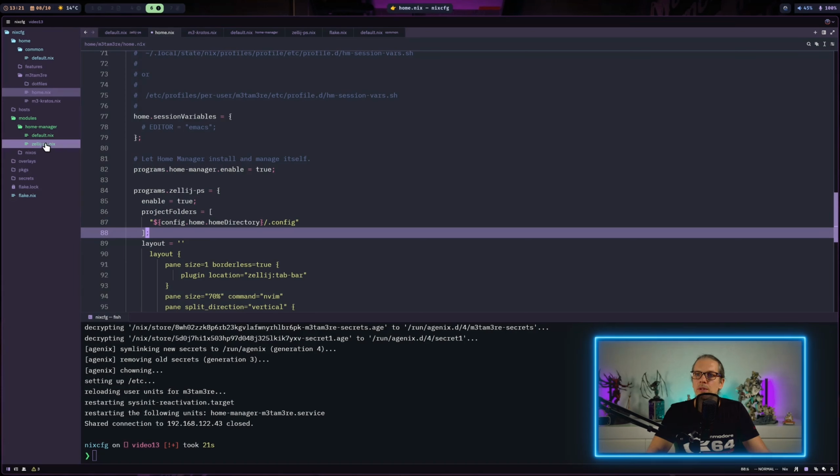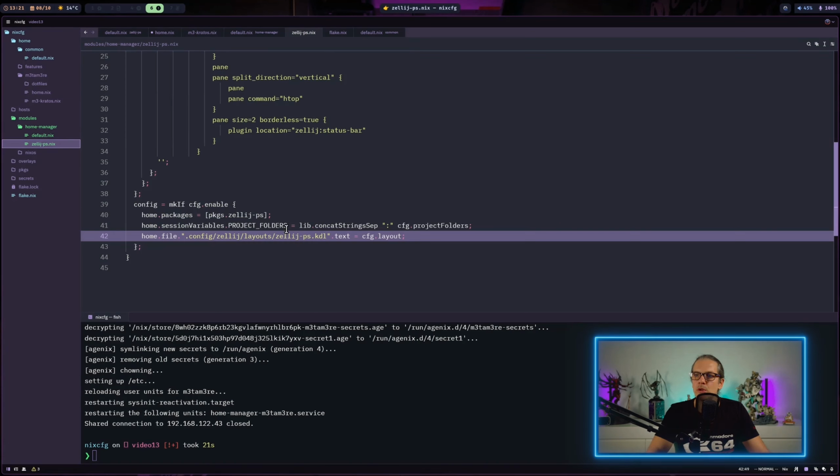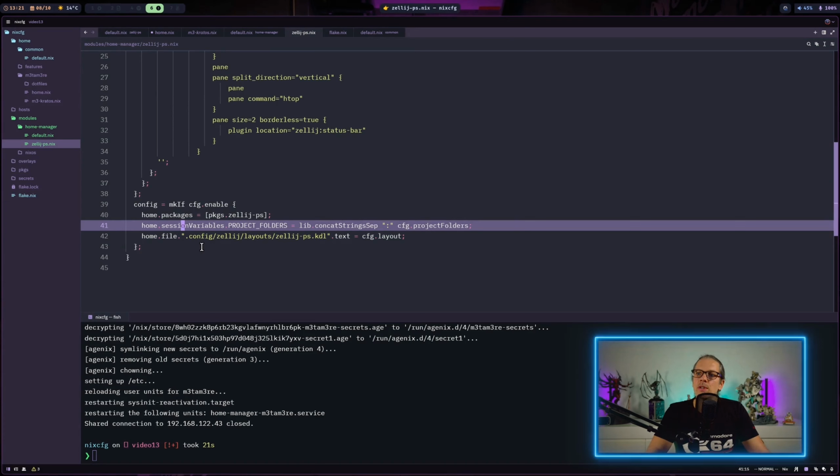One thing to note here is, when we go back into our home manager module, you can see we have set the environment variable for our script with the session variables. Just for you to know, if you work on a system you are logged in right now, this environment variable will be set at login. So when you rebuild your configuration and you don't log out of your system, this variable will not be available to you. That's just something you need to be aware of when you want to try it for yourself.